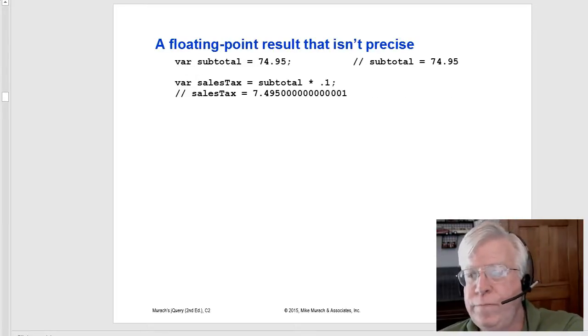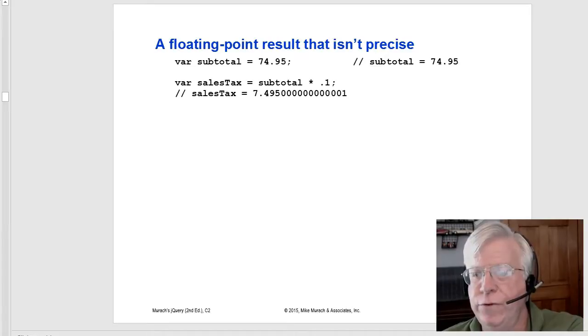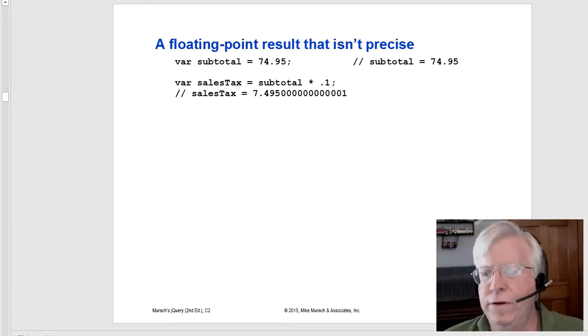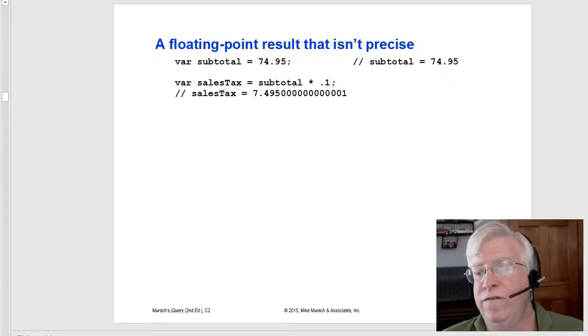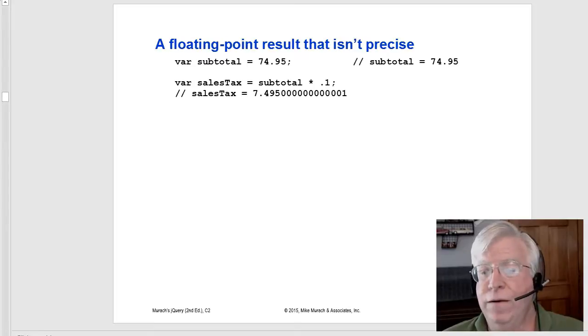Floating point, result that isn't precise. A lot of times you have to understand that when floating point math happens, like here we have a multiplication example where subtotal is being multiplied by 0.1, that value is not going to be a precise answer, and you'll have to round it and end up formatting it to 2 decimal places. So for instance, 749.5 is really half a penny. That's going to go up to